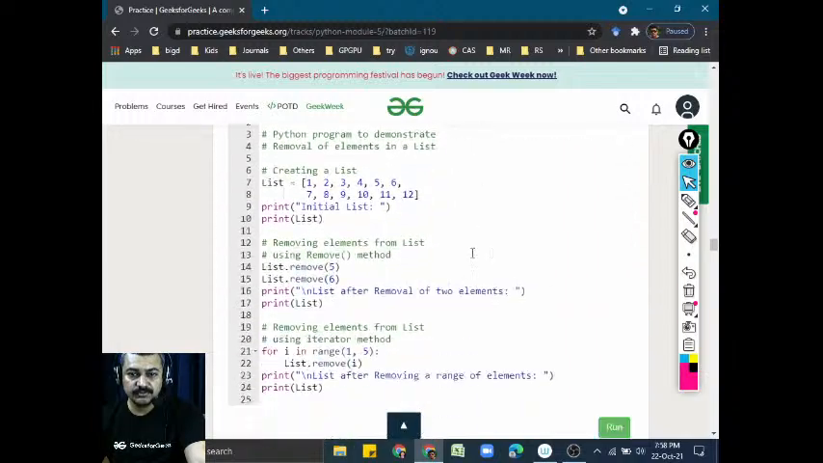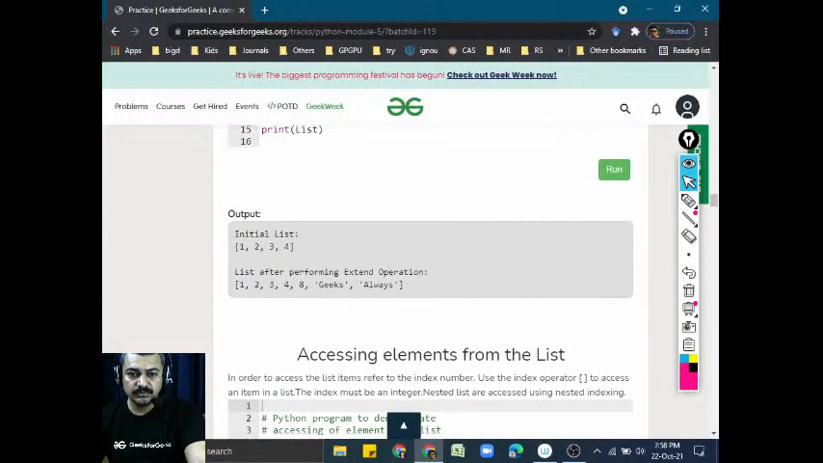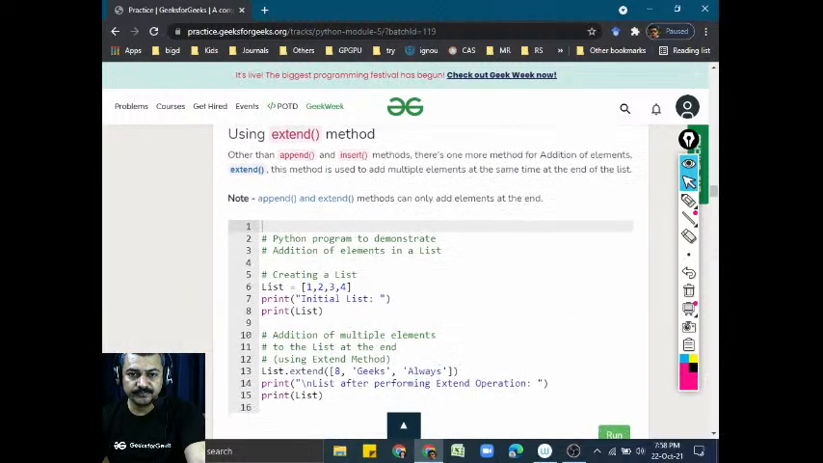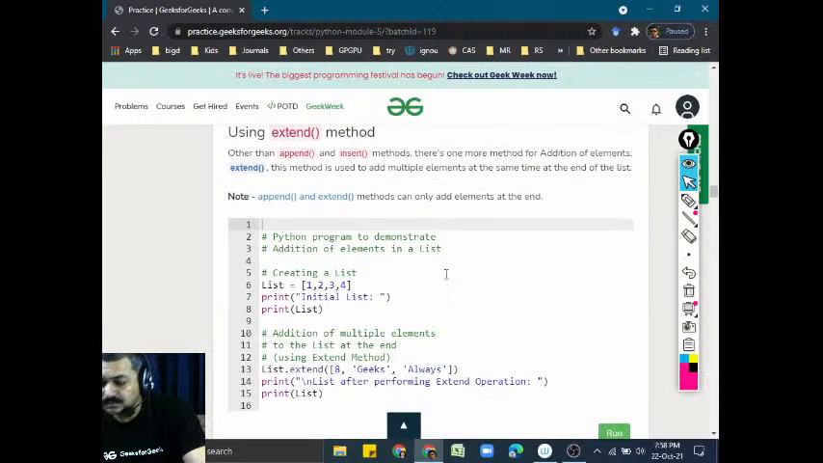Where will be remove, not removing, but not accessing, extending. Okay. So